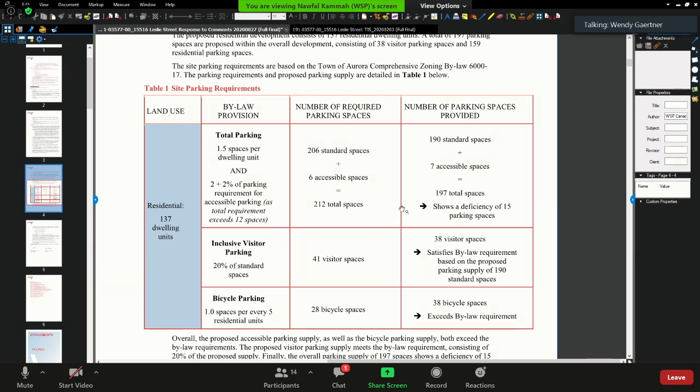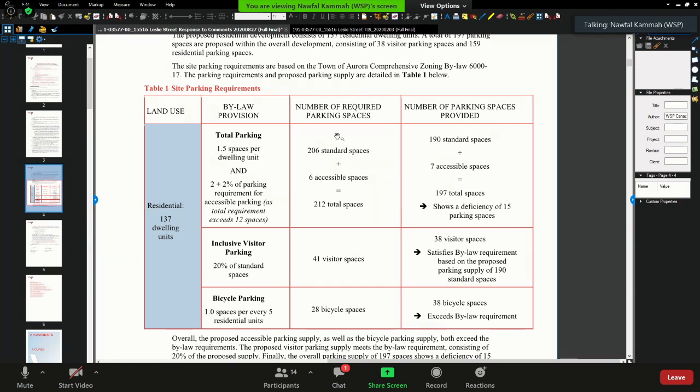Thank you. I'll clarify with staff, but my understanding from the bylaw is that for visitors, in the 1.5 standard, you have to have 20% of the required residential spots, which would be 41. Exactly. So it's the 41 that you see.